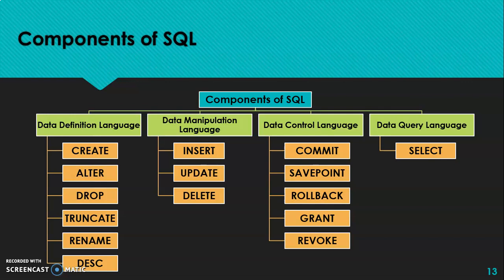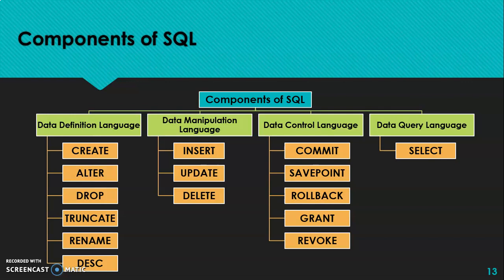Then you have grant. This helps in authorizing the users of the database, selecting what different operations they can perform. So they will be getting some privileges, with which commands they can execute. And revoke is used to remove those privileges. This way you can control your database using these 5 commands.